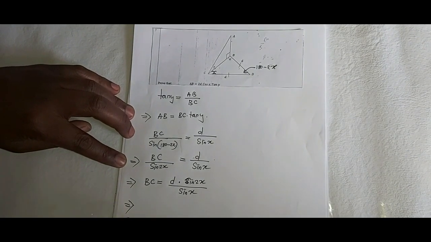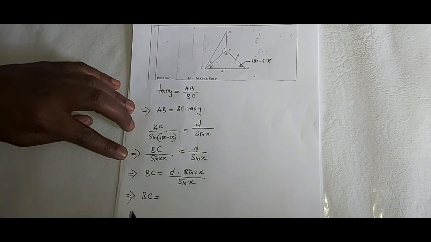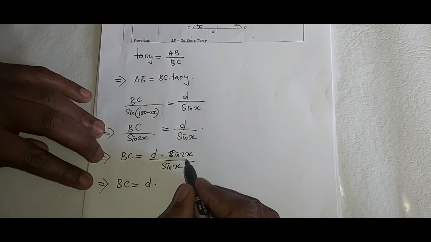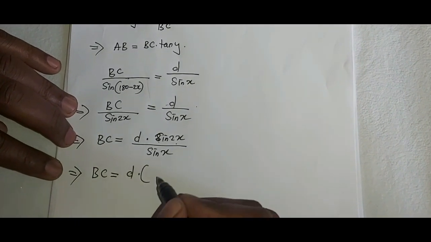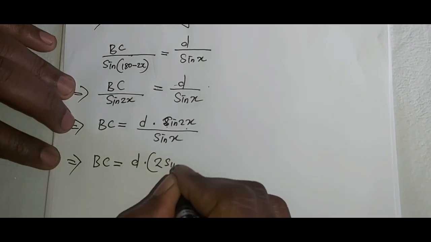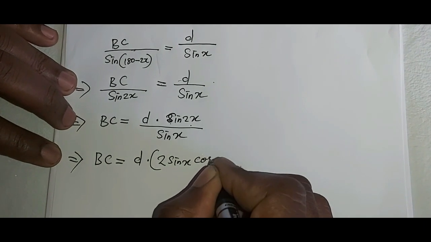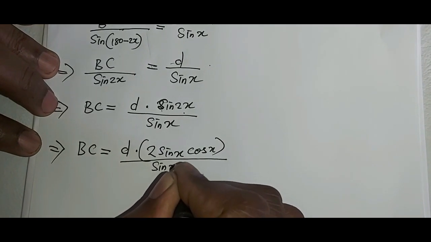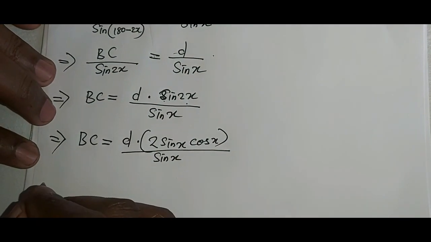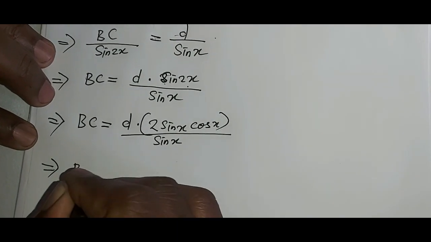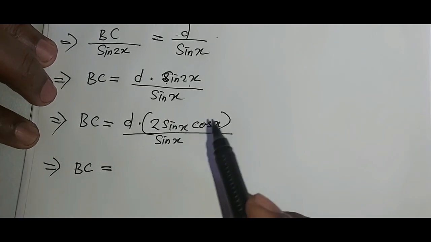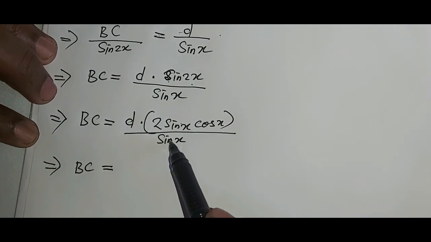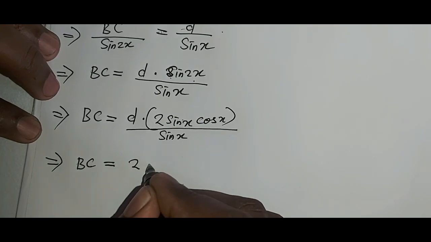Sine 2x is a double angle, which equals 2 sine x cos x, all over sine of x. Now sine x cancels with sine x, which means BC will be equal to 2D